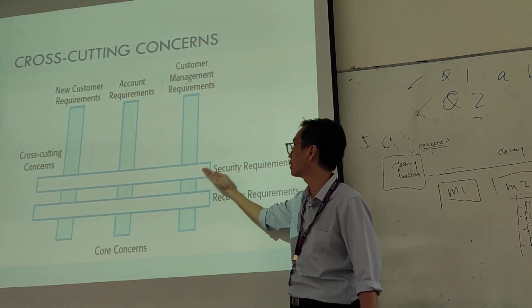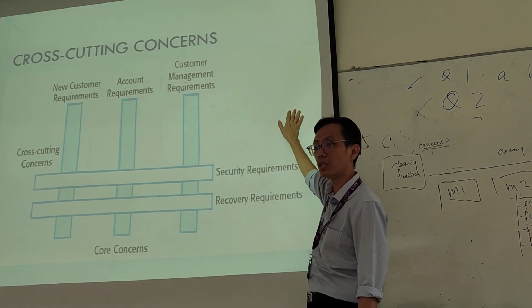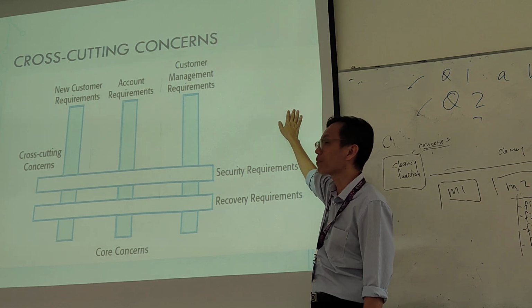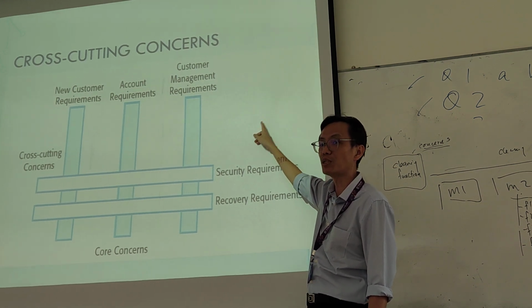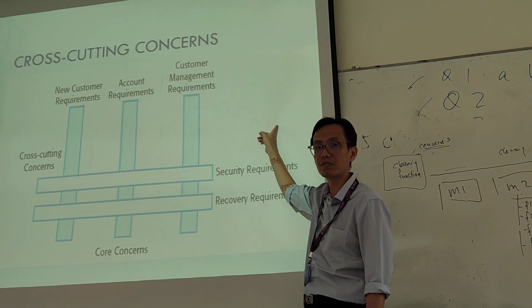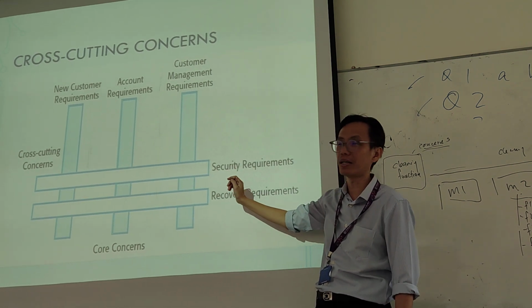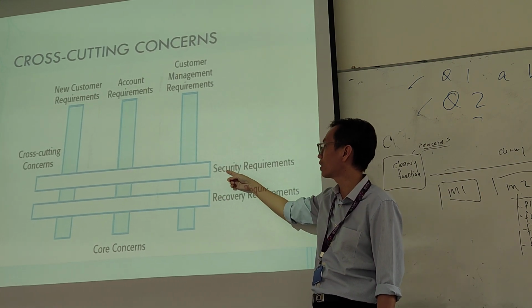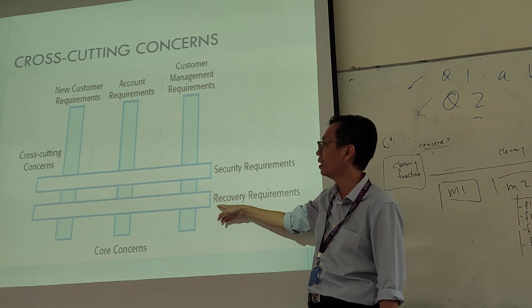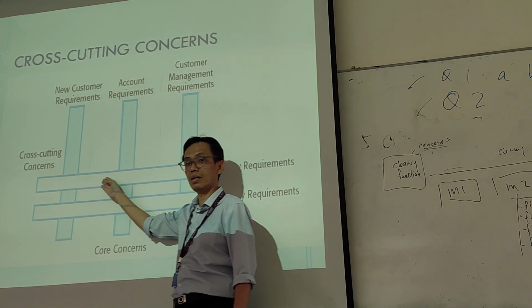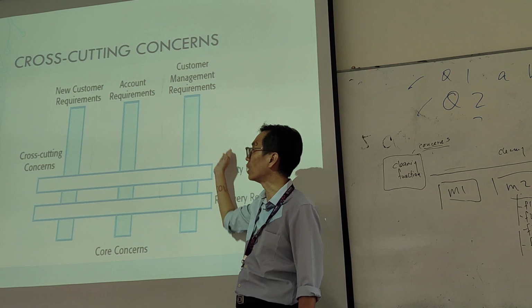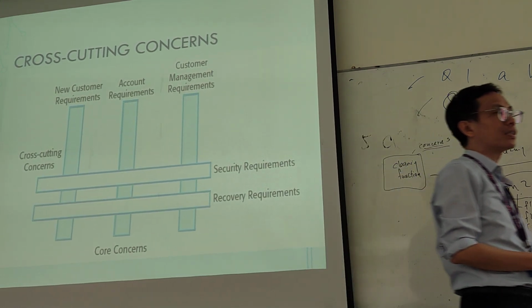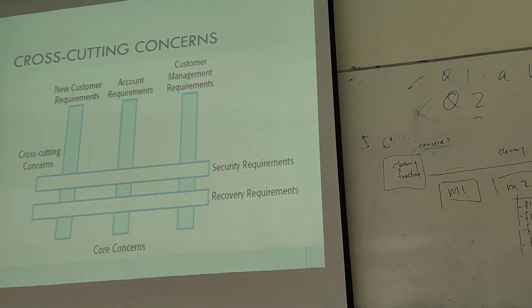So therefore, we try to separate it out into an individual functionality unit, which is called an aspect. And then we need to decide at which point this concern function is going to perform the task. So this is called a cross-cutting concern. This security requirement and power requirement is required in all these different requirements or different functions. Understand? So this is called the cross-cutting concern.